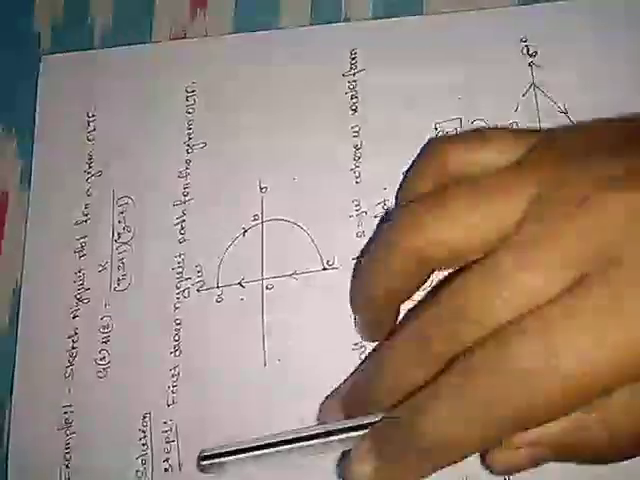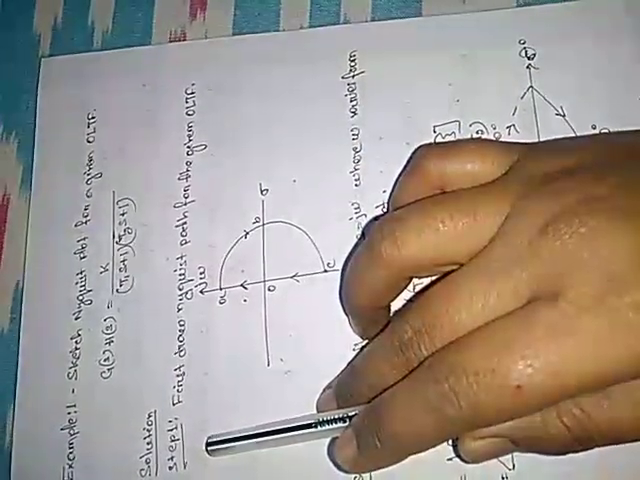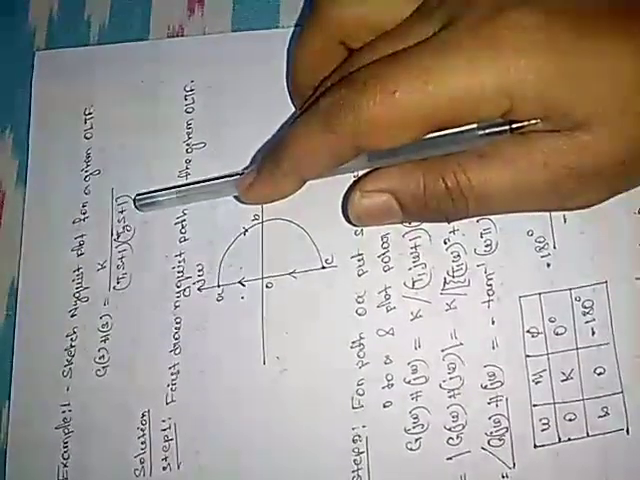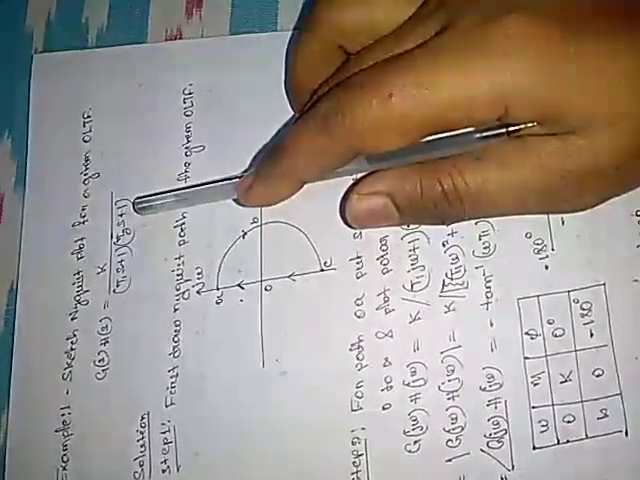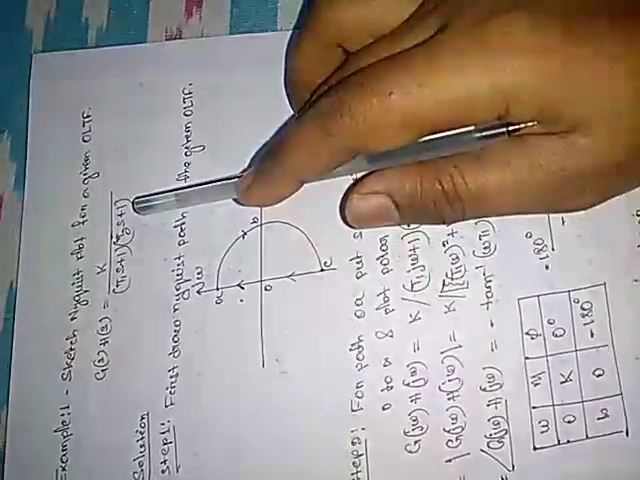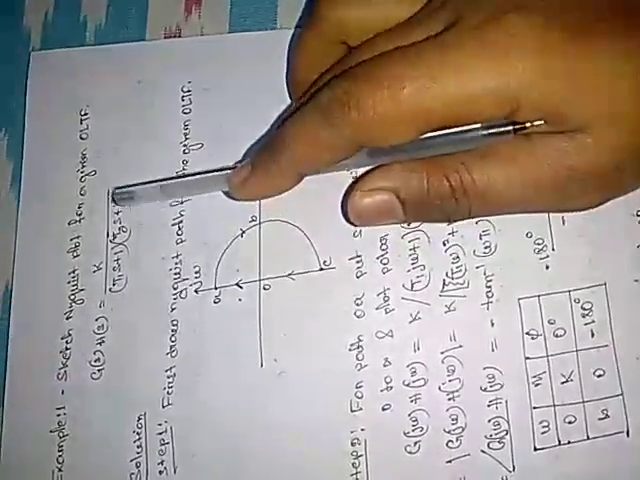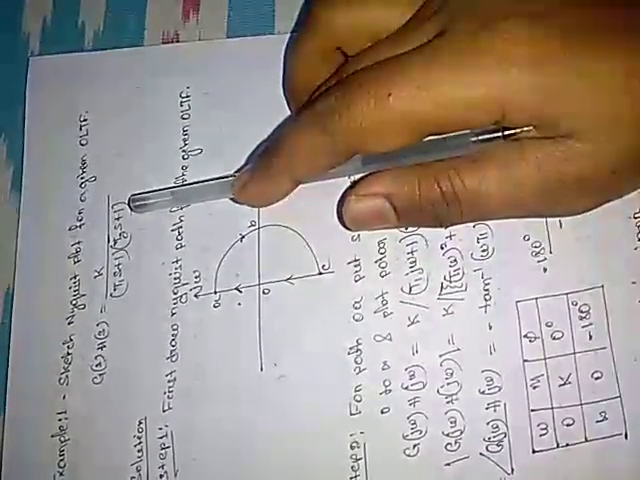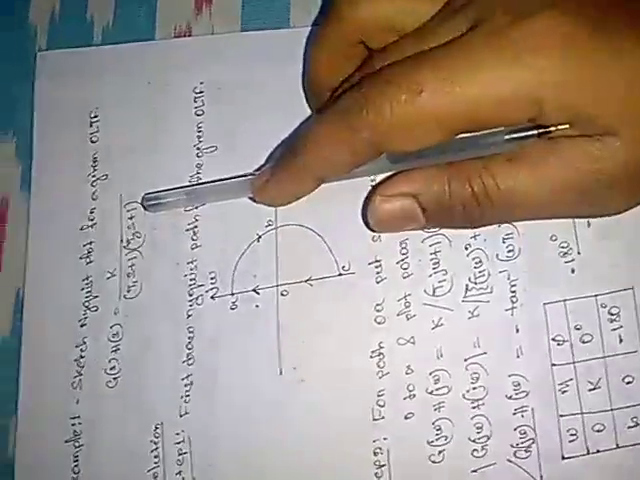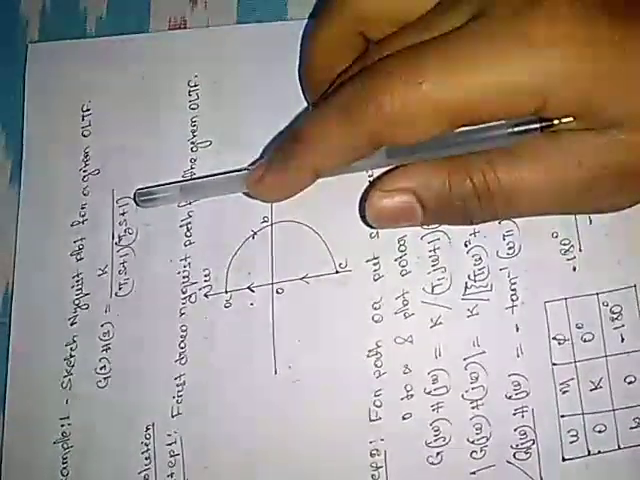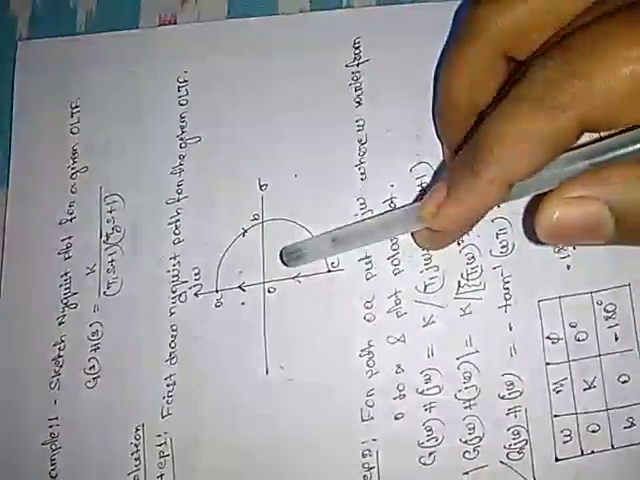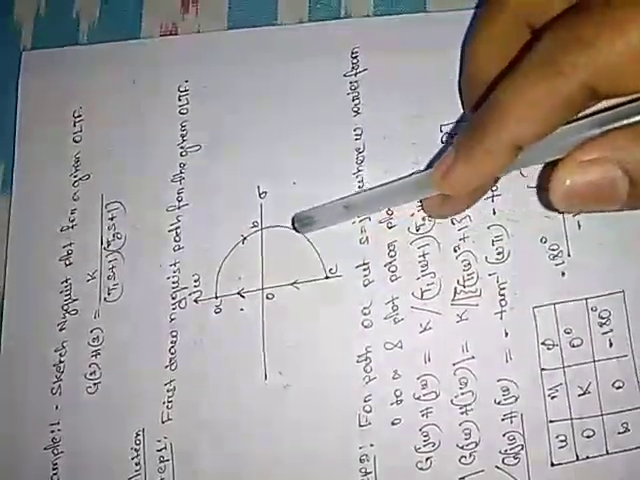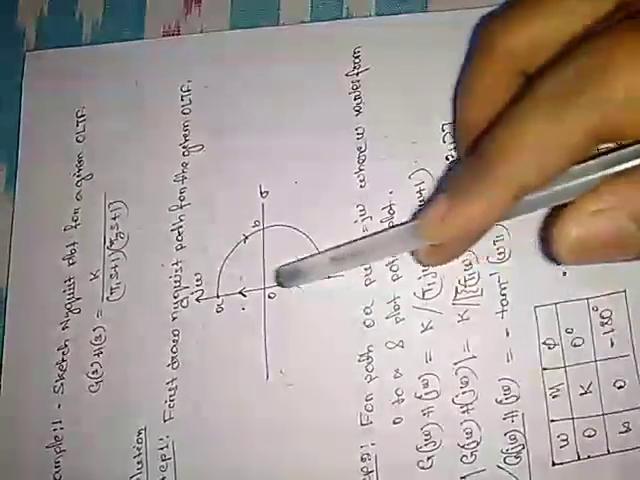Step 1: First draw the Nyquist path for the given open loop transfer function. For this transfer function, first you draw the Nyquist path or Nyquist contour. You see that this open loop transfer function is a type 0 system. It doesn't consist of any pole at the origin. So the contour encircles the right half of the S plane with radius